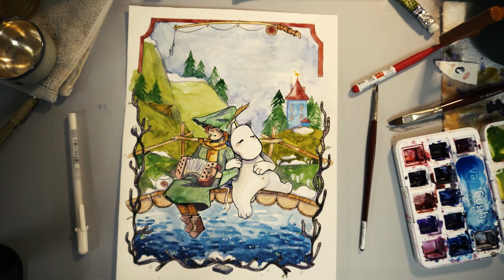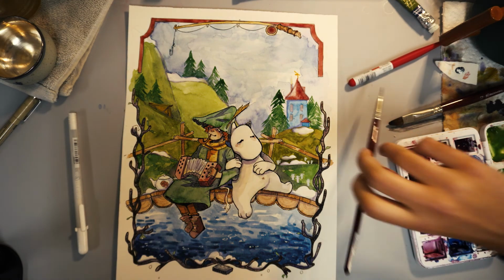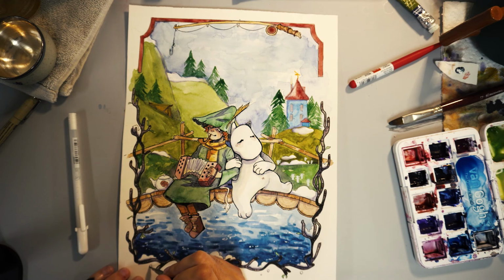I think this came out dope though. I really like it. The colors are so pretty. The blue and the green and the brown. I mean, come on. It looks good. I've been really enjoying my time doing more art with traditional stuff. Actually, just now,